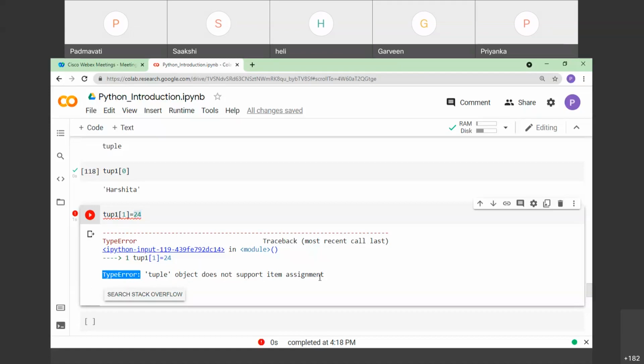Why is it not allowed? Because we have seen in the examples of mutable and immutable types. In mutable types, we have seen the example of list, whereas for immutable types, integer itself is an immutable type. Even tuple is also an immutable type. So I cannot change the values: once we create the tuple, I cannot replace the values. As tuple is immutable, we are getting this particular error. So let us move to the next cell.